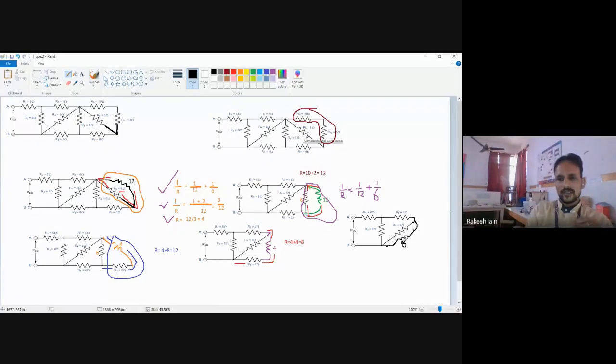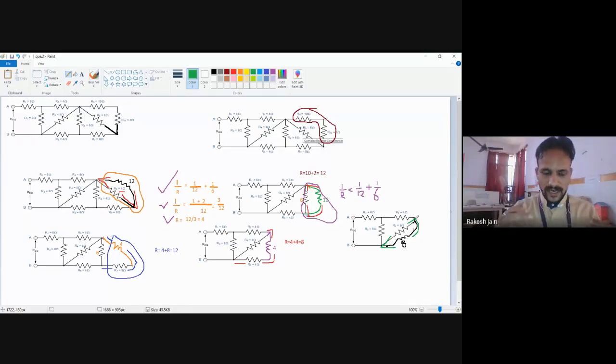Okay. Now once again see the circuit. Only within 2 or 3 minutes this will be completed. Have patience and see the answer. With this green color I am going to teach you. This 8 ohm resistance one terminal and this 8 ohm resistance one terminal is connected with each other. The second terminal of this 8 ohm and the second terminal of this 8 ohm is also connected with each other. So whenever resistances are connected such that both the terminals are connected with each other, it means those resistances are in parallel.